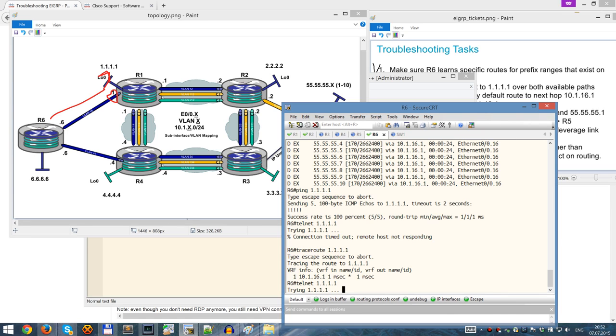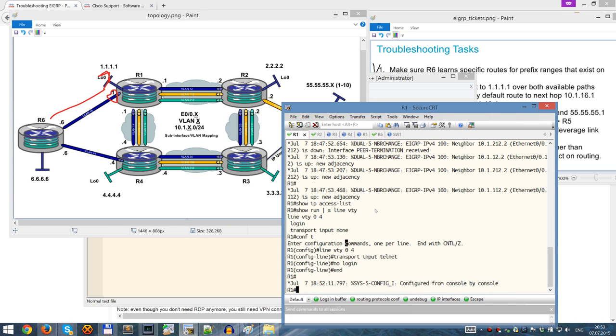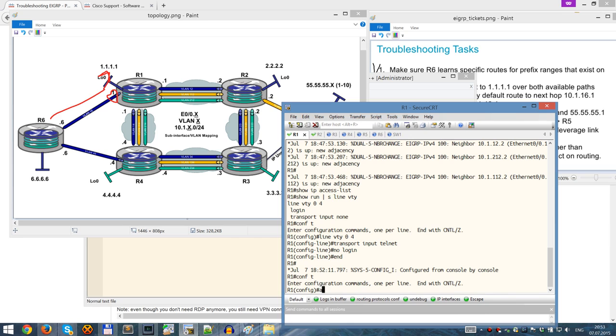Seems it's stuck again. Right, but remember that we can ping, we can traceroute here. So what else could it be? The next thing to check, I would go to R1 and I would debug this. There are some EIGRP packets running here, so we need to filter this output. I would create an access list specifically for Telnet, access list 100, permit TCP any equal telnet,